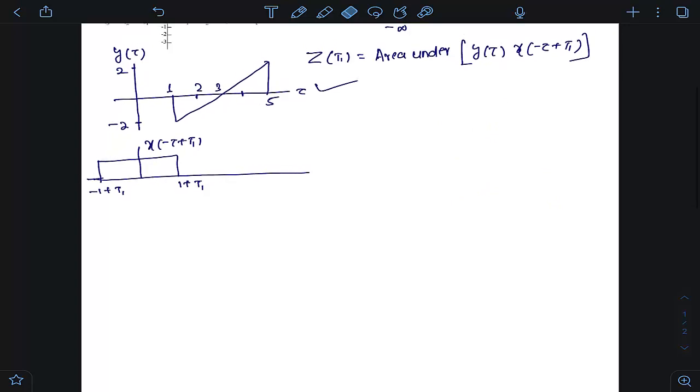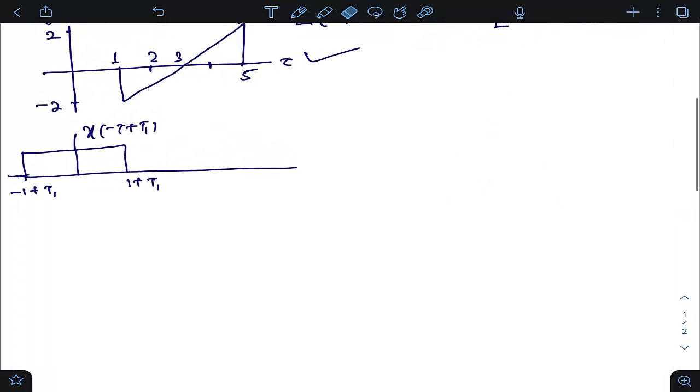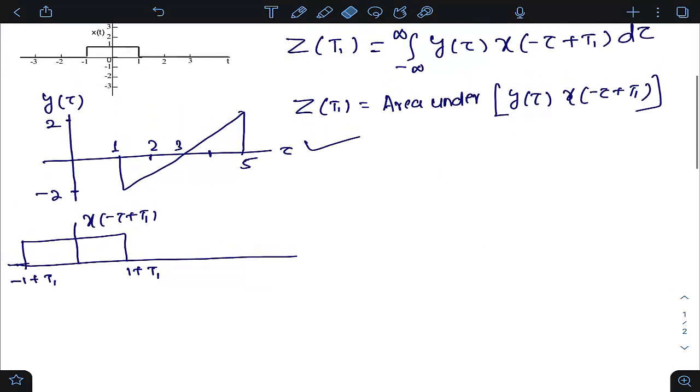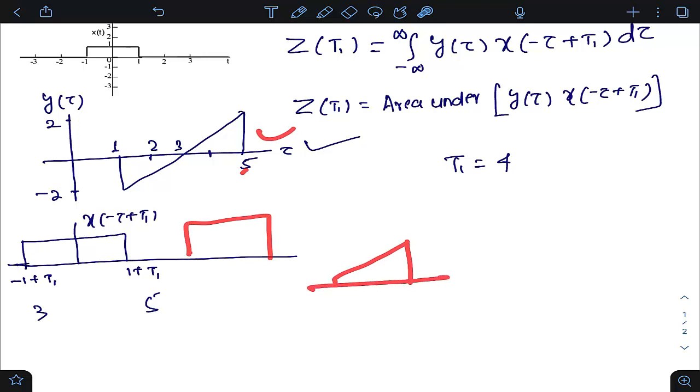I believe you can easily feel it now: if I make t1 equals 4, I will get the maximum amplitude. How? If I make t1 equals 4, the change is minus 1 plus t1, so this will be 4 minus 1, which is 3, and this will be 5. So this pulse will now cover from 3 to 5. If you multiply this and this, you get this right angle triangle,